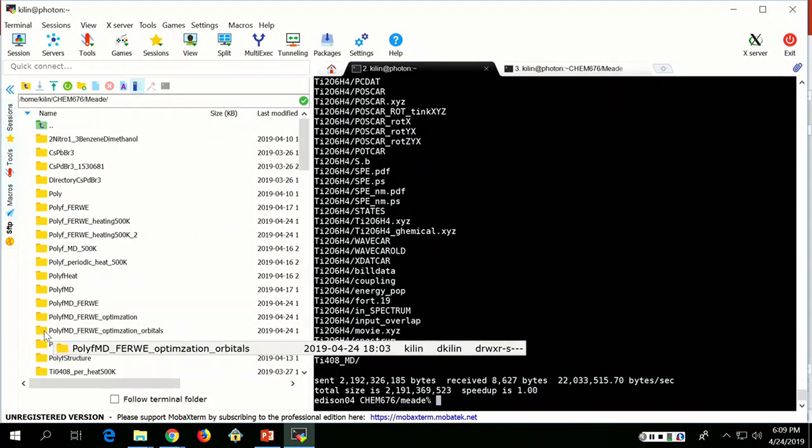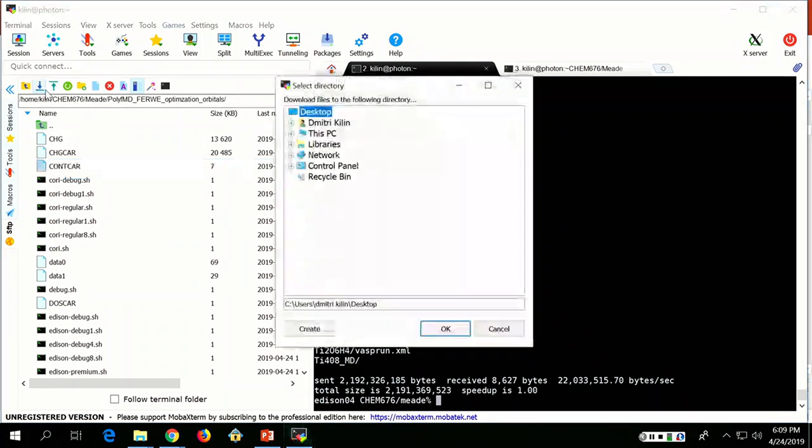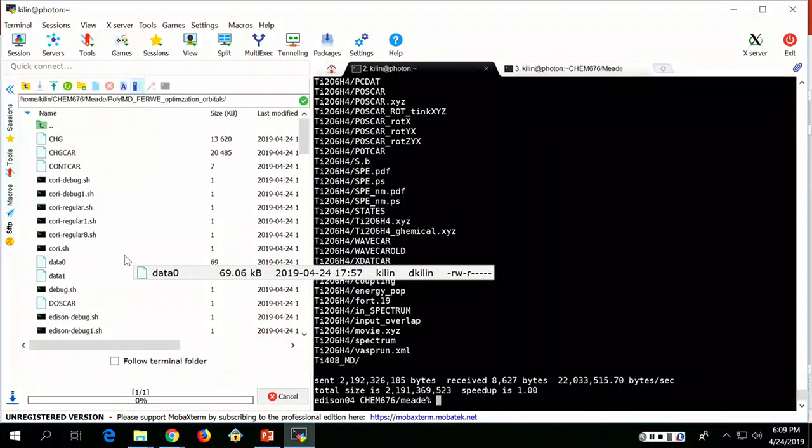So I'm going to download a couple of files onto local. So I do need print car. Okay, let's leave this desktop for now. I do need the